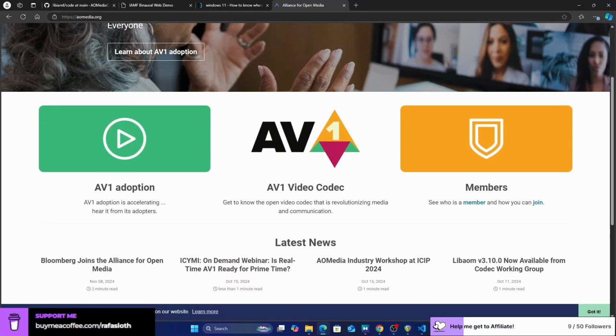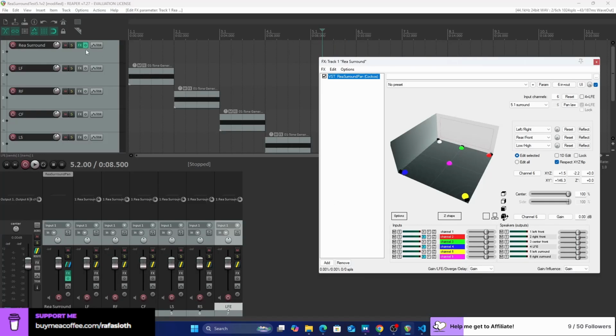But expect to see it soon in DAWs like Reaper, or plugins, VST plugins for that. It's just a matter of time of developers getting into it. I think that's it for today.